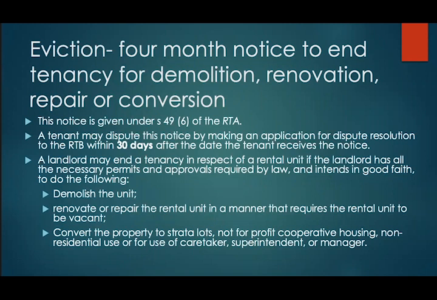One of those changes is that the tenant now has 30 days to dispute a 4-month notice. It used to be a 2-month notice. So they used to only have 15 days, but now they've stretched it out to be a 4-month notice to end, and now tenants have 30 days after the date they receive the notice to dispute the notice to end. They also get 1 month of rent for free, and a landlord may end the tenancy to renovate, demolish, or convert